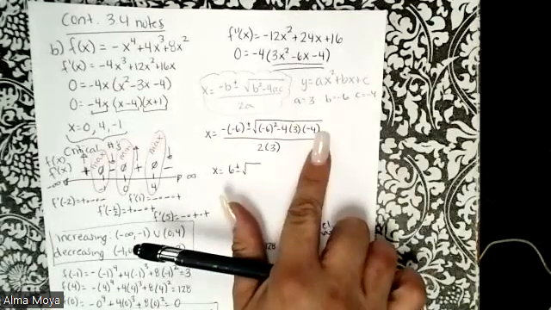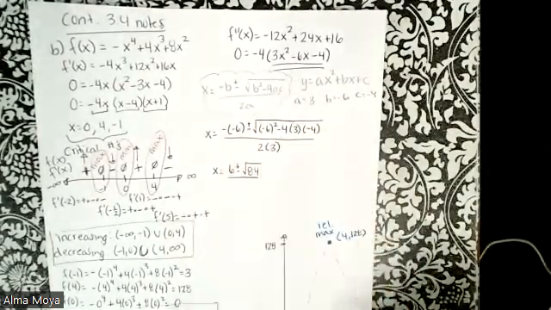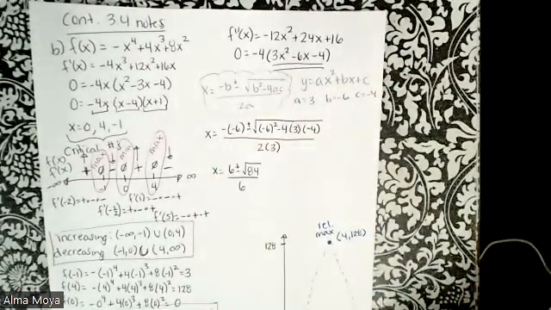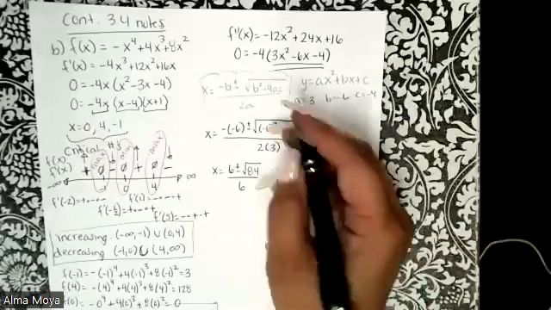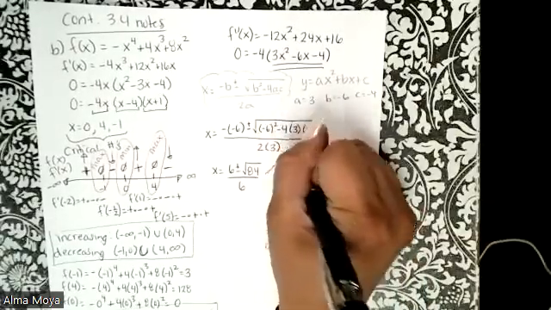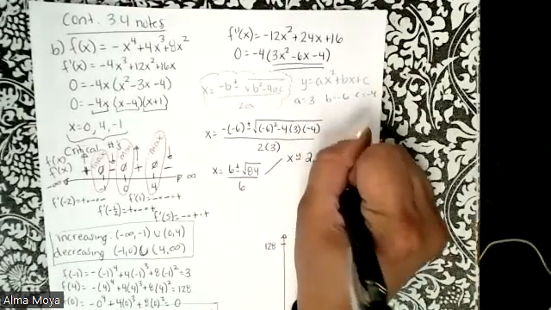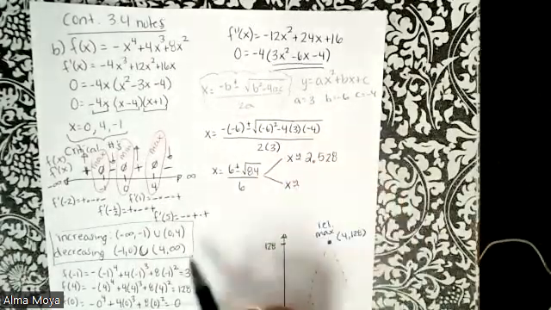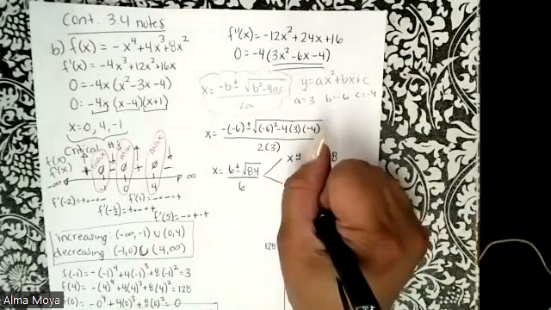When I type all that in my calculator, I'm going to get an 84. And then 2 times 3 is going to give me the number 6. Now, I need to find out what the numerical values are. So if I type in 6 plus square root of 84 divided by 6, that's going to give me x is approximately, remember, we always round to 2 decimal places, 2.528. When I type in 6 minus square root of 84 and then divide that by 6, I'm going to get a negative